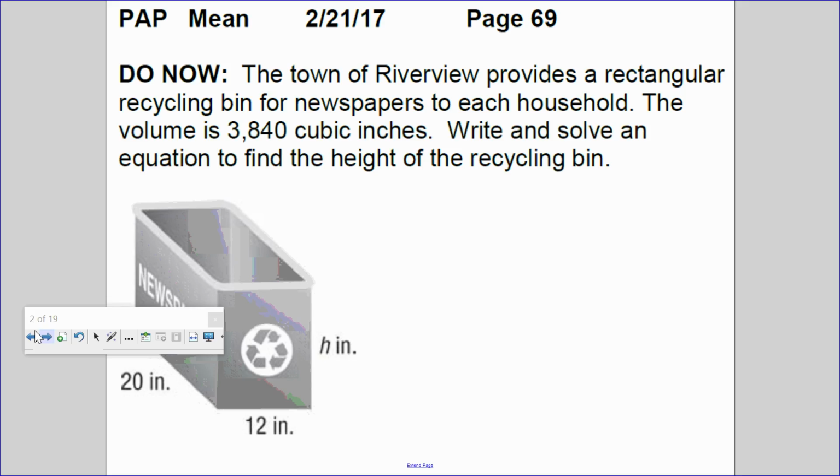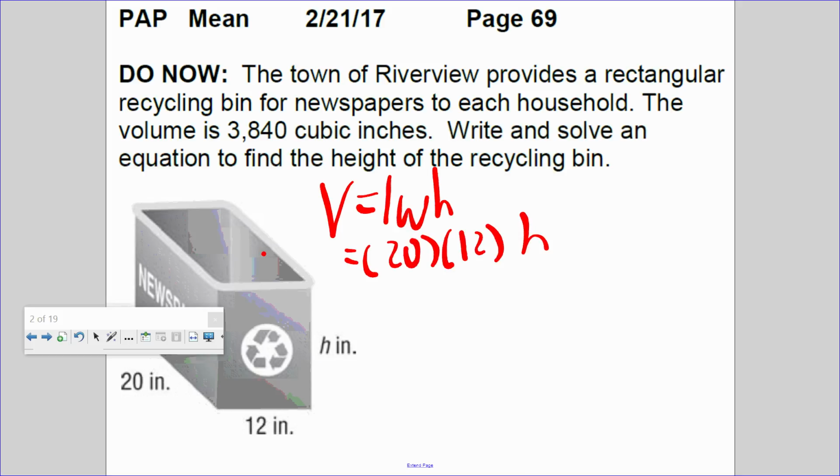In our do now, the town of Riverview provides a rectangular recycling bin for newspaper to each household. This volume is 3,840 cubic inches. Write and solve an equation to find the height of the recycling bin. So we just wrote that to find the volume, you multiply the area of the base, which is length and width, by the height. So the length is 20, the width is 12, we don't know the height, and the volume is 3,840. So if you multiply 20 times 12, that's 240 height,